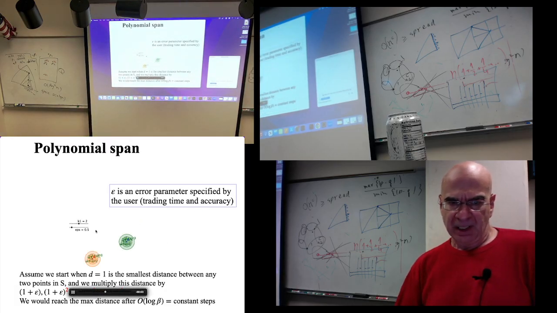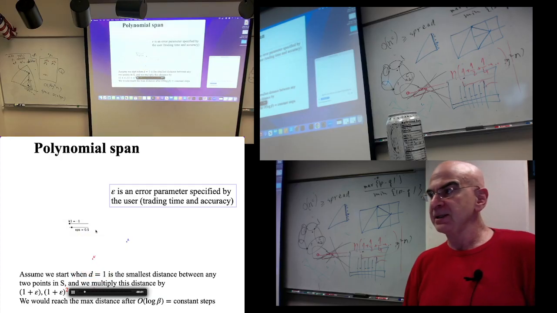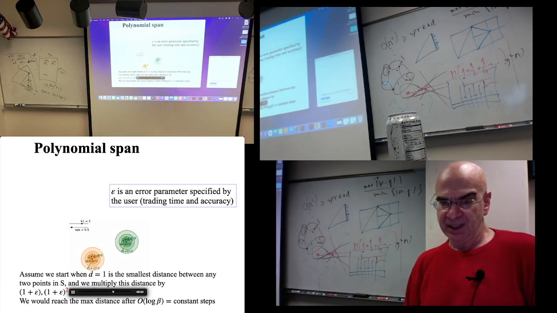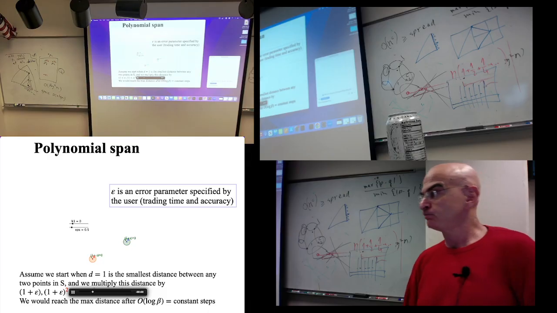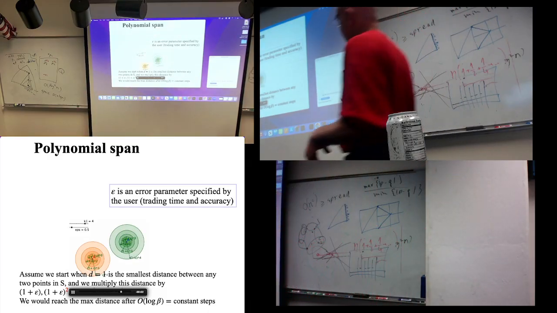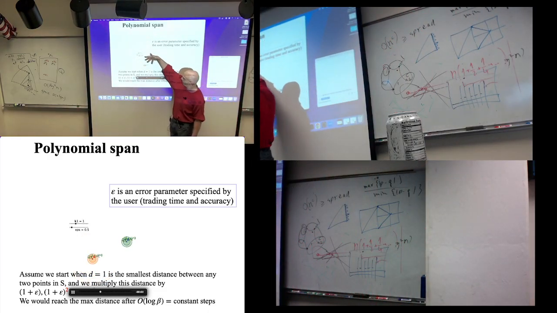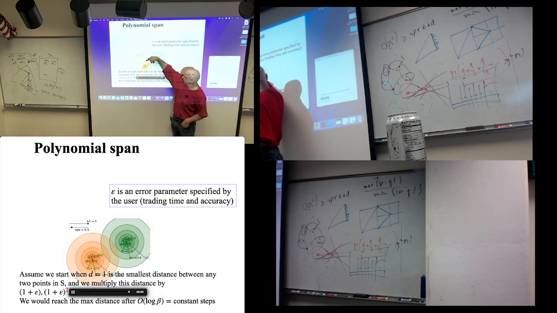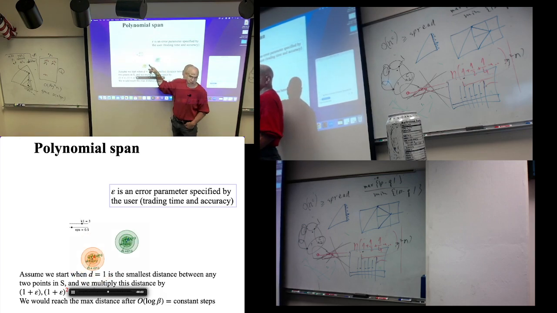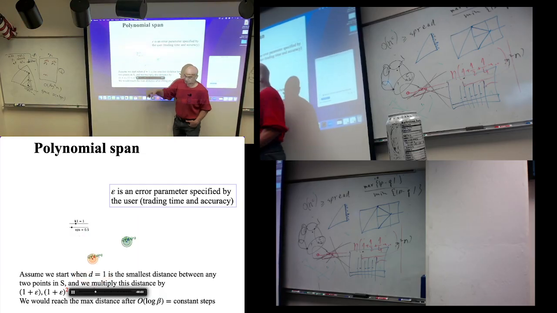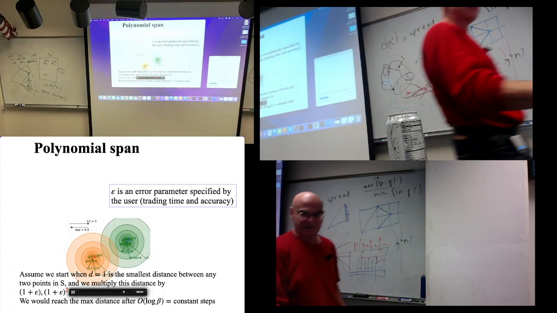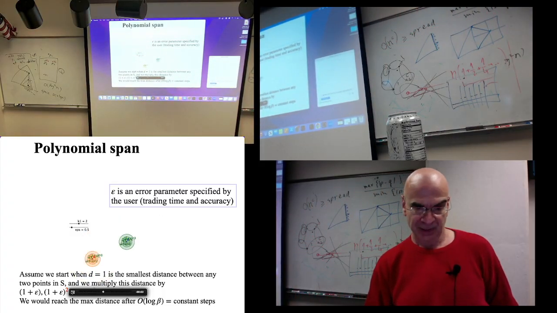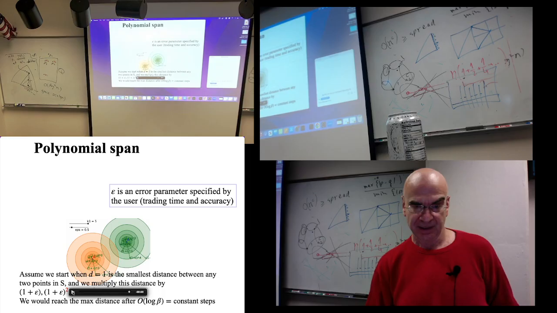And we discussed the idea of growing disks, where they are growing in size by 1 plus epsilon. Start from the smallest distance that you want and grow them by 1 plus epsilon. And by the way, if you are creating the arrangement of all these disks, then it answers another of the homework questions. How do I know that here is a cell such that every point inside the cell,